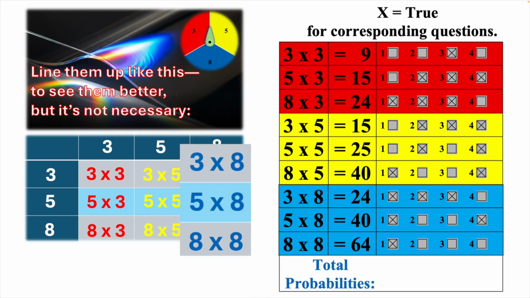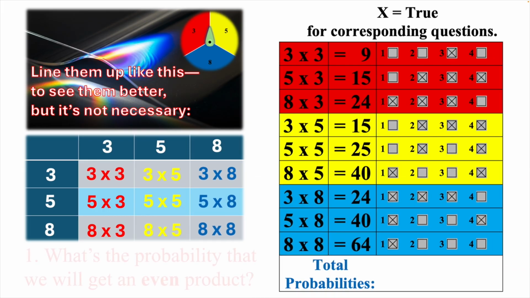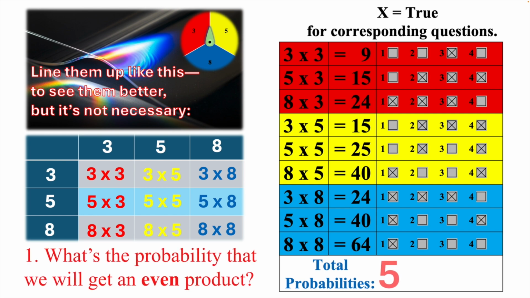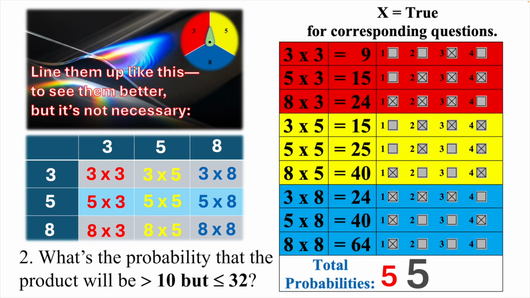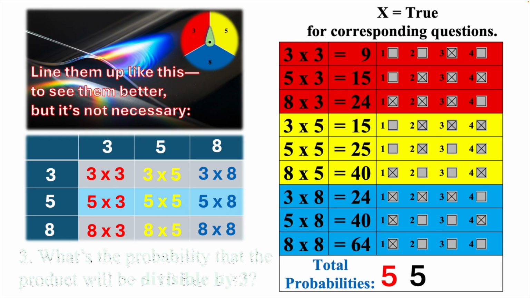Here we go. Question 1. What is the probability that we will get an even product? We can see from our table that 5 products are even. Question 2. What is the probability that the product will be greater than 10, but less than or equal to 32? We have 5 products: 15, 24, another 15, 25, and another 24,